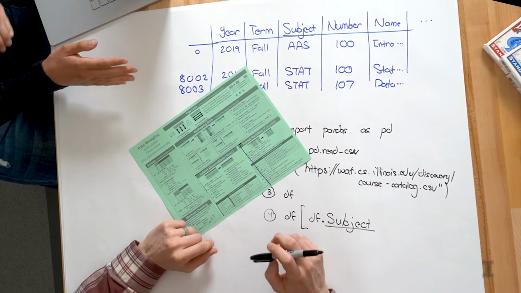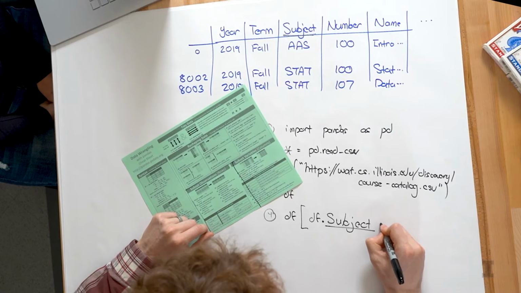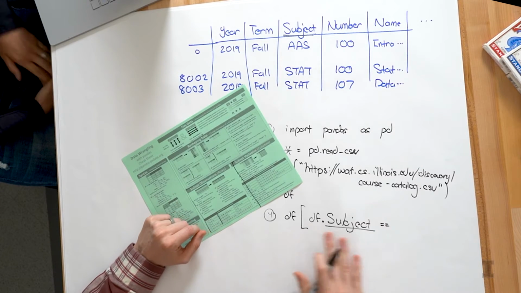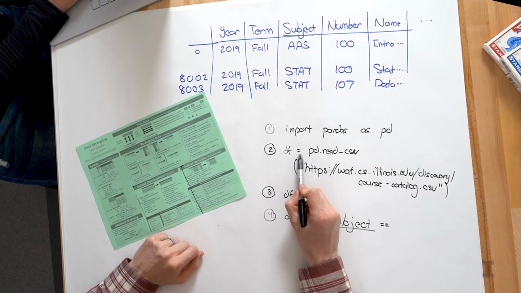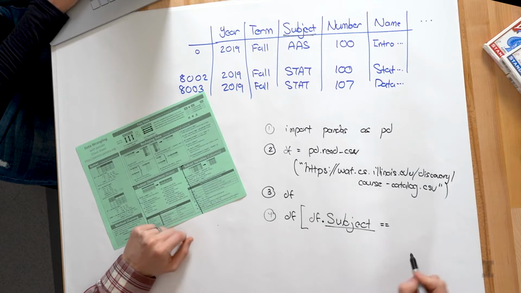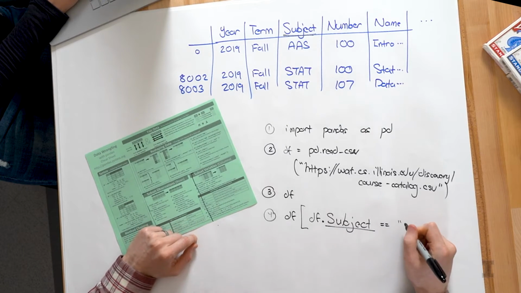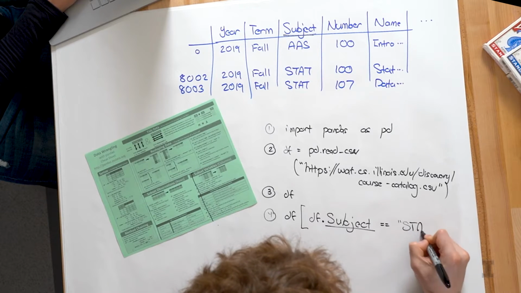Yeah, so I only care about the courses where the subject is stat. I don't want to look at these 1,000 other courses that don't meet that criteria. In computer science, we now are going to say we want where the subject is equal to, and because we use a single equals when we're assigning a variable, when we're comparing variables, we'll use double equals. Perfect. So df.subject double equals, we'll open up quotes and say stat.